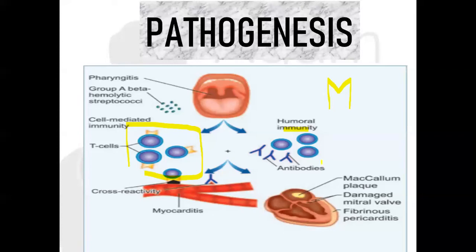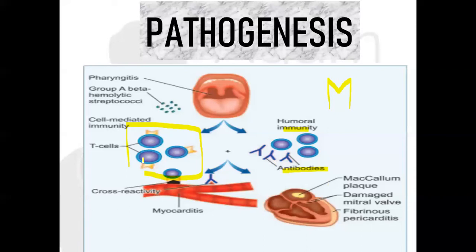These antibodies are meant for M proteins only. Very good. But what is the consequence here? The structure of a cardiac protein is similar to M protein also. So these antibodies are going to destroy these cardiac proteins also. So these antibodies cross react with the cardiac self antigen. So what is going to happen? There is going to be some issue with the cardiac. So you have a cardiac manifestation.